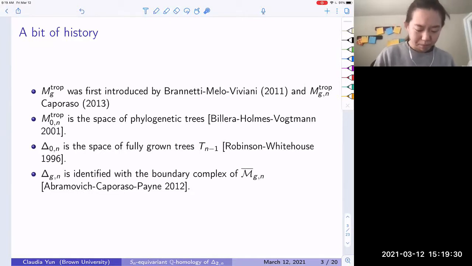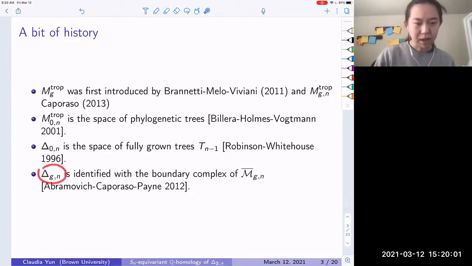And why do we study these tropical spaces? Well, one reason is that there has been an identification proven by Abramovich, Caporaso, and Payne in 2012 of this delta GN with the boundary complex of MGN bar, the Deligne-Mumford compactification of the algebraic moduli space. And in particular, this implies